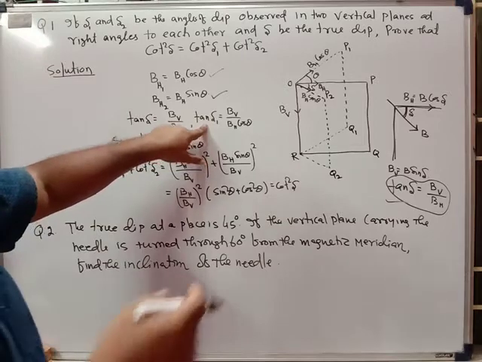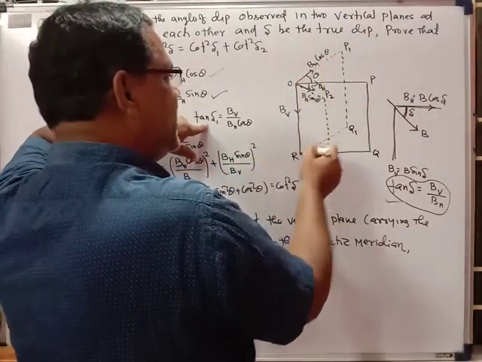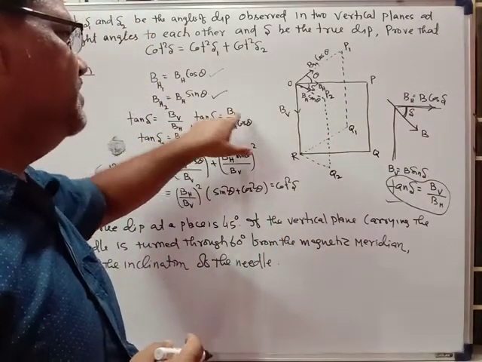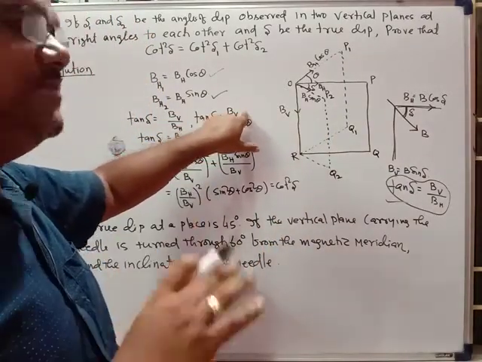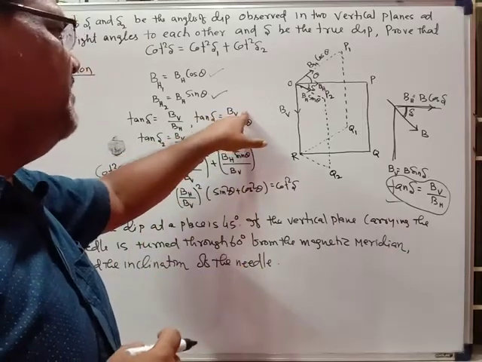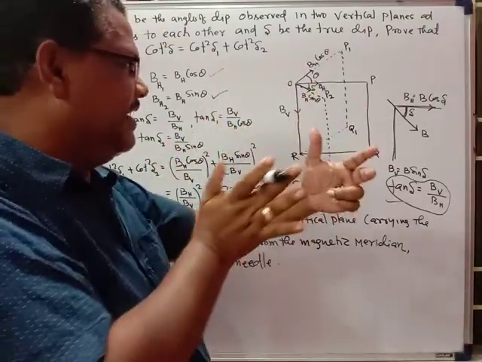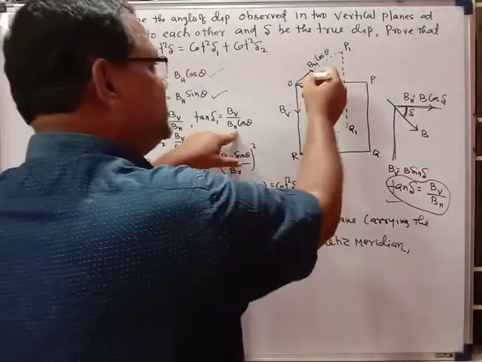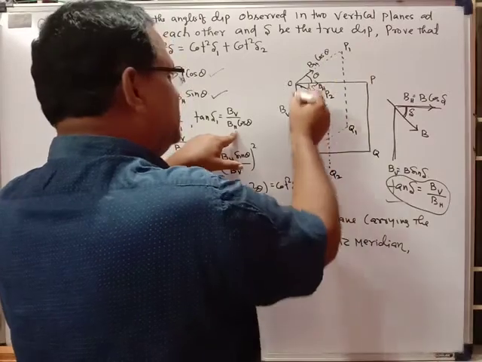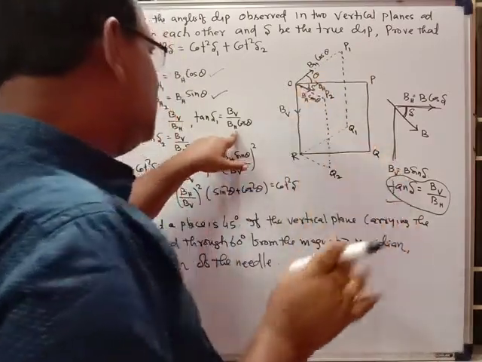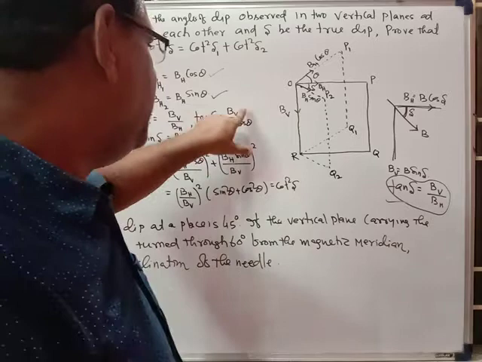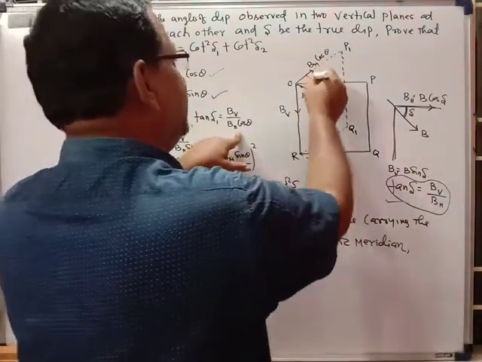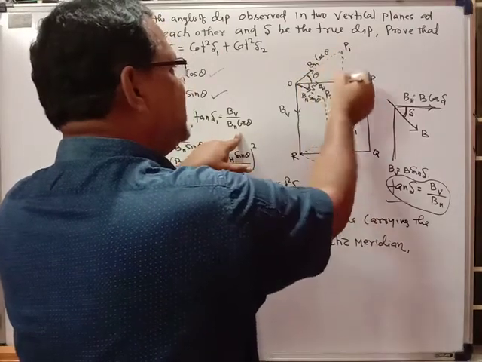So delta 1 on the plane OP1Q1R. On this plane we get the tan delta 1 will be equal to the vertical component, because in all the three cases the vertical component remains the same, BV, because the planes are just simply rotating. The BV upon the horizontal component equal to BH cos theta. If you consider this plane, the dip which will be the delta 1, and tan delta 1 equal to BV upon BH cos theta,